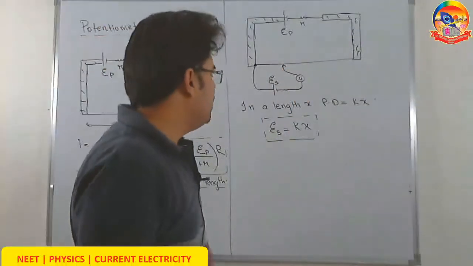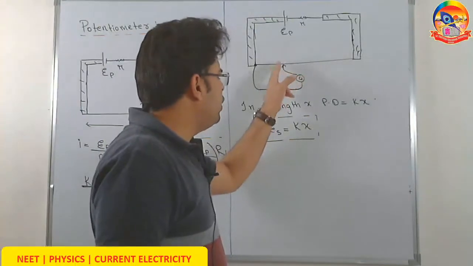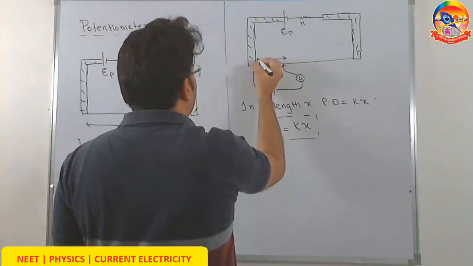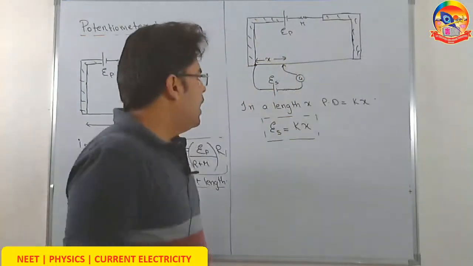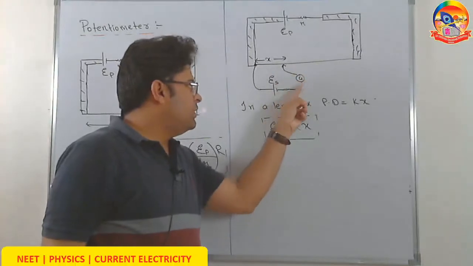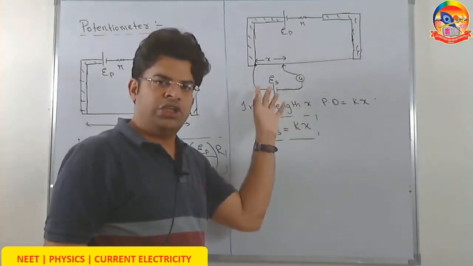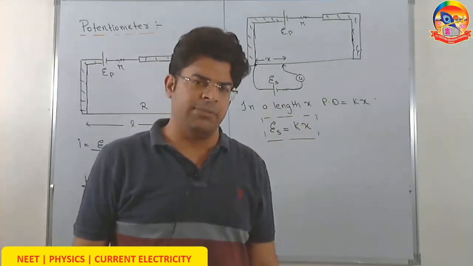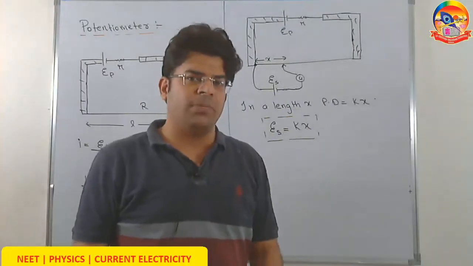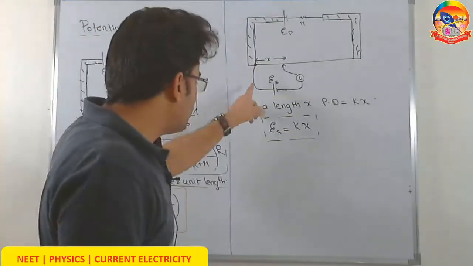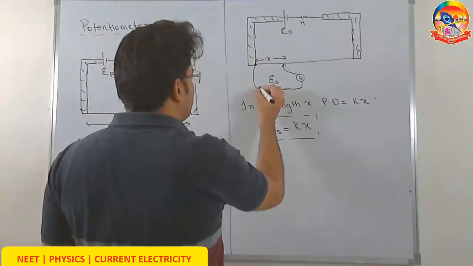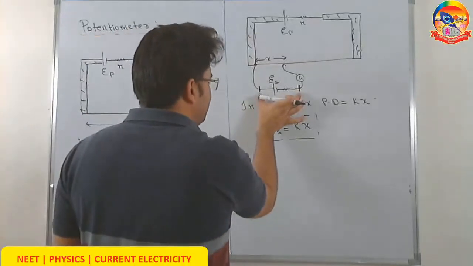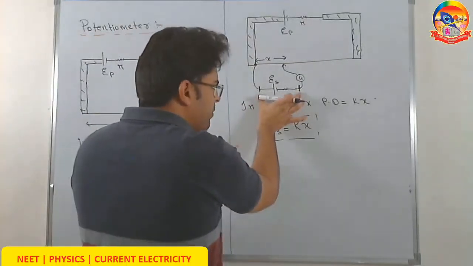What is the meaning of null point? When we say that we have reached a null point, no current flows through the galvanometer. Now let's say this null point is found at a length x. Now if no current flows through this galvanometer, the current through this cell also has to be 0. When a cell gets discharged, the potential drop across its terminal is E minus Ir. When the cell gets charged, the potential drop across its terminal is E plus Ir. Here no current flows through the cell. That's why the potential drop across its ends has to be equal to its EMF. The potential drop between these 2 points has to be ES, equal to the EMF of this cell.